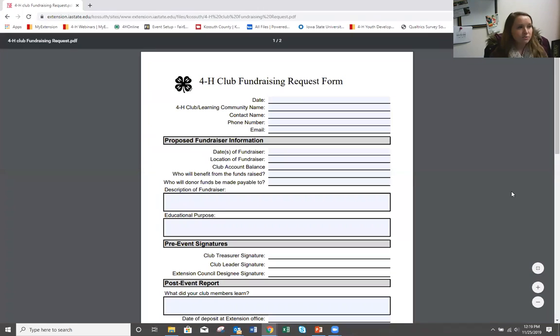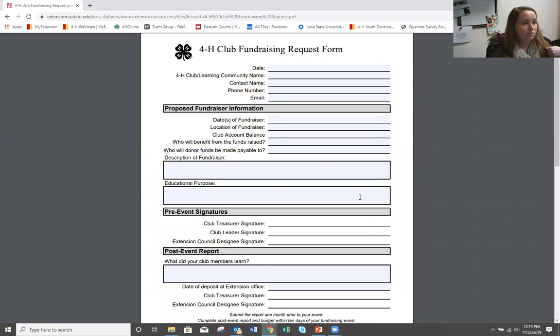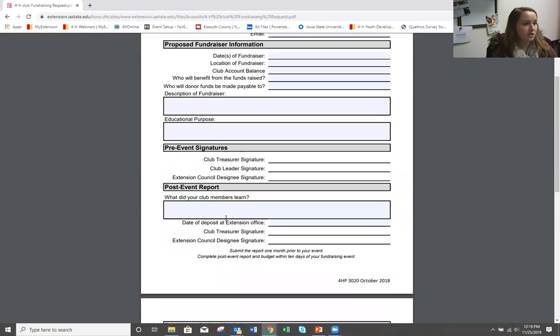Okay, so this is what this will look like. So we just need to know when you guys are going to have these fundraisers, and this is a part of your compliance as a 4-H club. So it's pretty explanatory: what you're planning to do, the contact name, all the information about it, and the educational component. So we'll have the treasurer sign it and the club leader, and then afterwards we just need to know